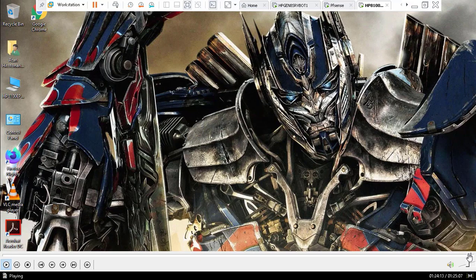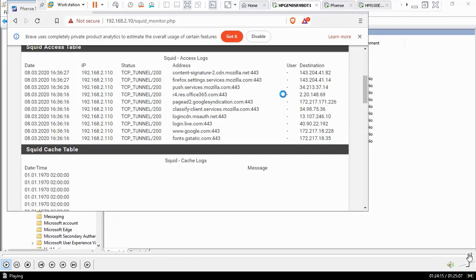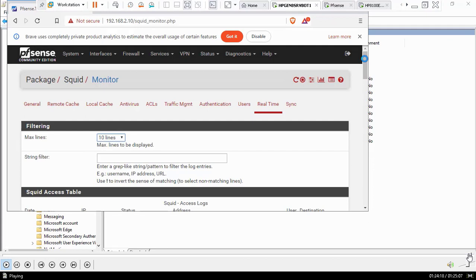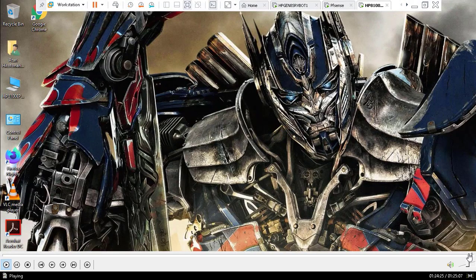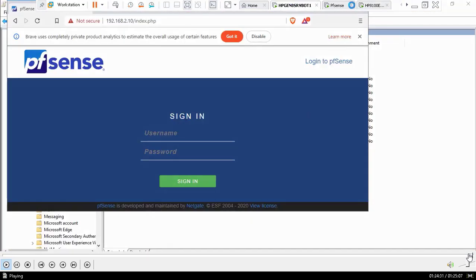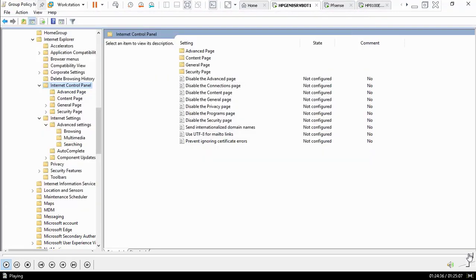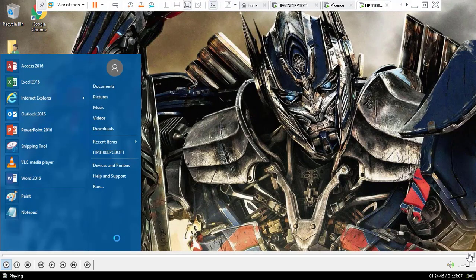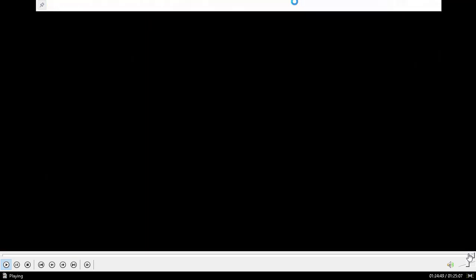So you need to disable the transparent HTTP proxy and put the proxy in the browser manually or through the group policy. And actually we have tested on Internet Explorer putting the proxy setting manually. This can be done through Firefox, and in the documentation that I will put on a Google Drive link under the description of the video, you will see how the proxy setting is done through Firefox, and you can Google Chrome also,